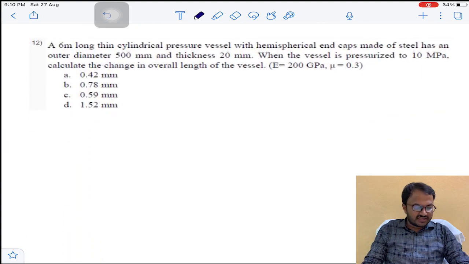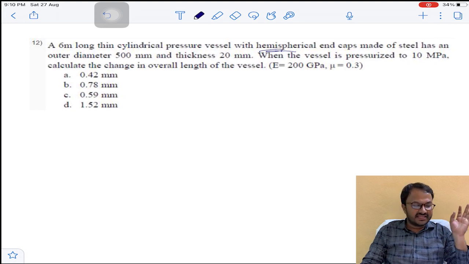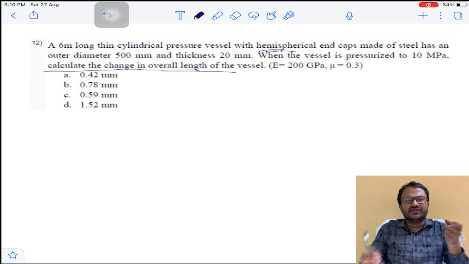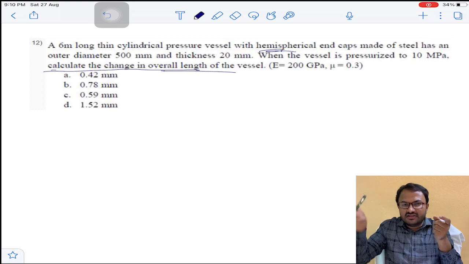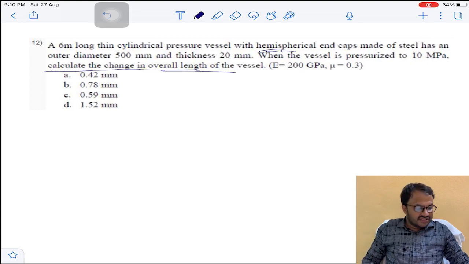A 6 meters long cylindrical pressure vessel with hemispherical ends. So length L he has given. Very important. Here both cylinder and spherical formula play the main role. Finally, what he has asked is to calculate the change in overall length. So the length increases, and along with the spherical end, the diameter also increases. Okay, so now first of all,